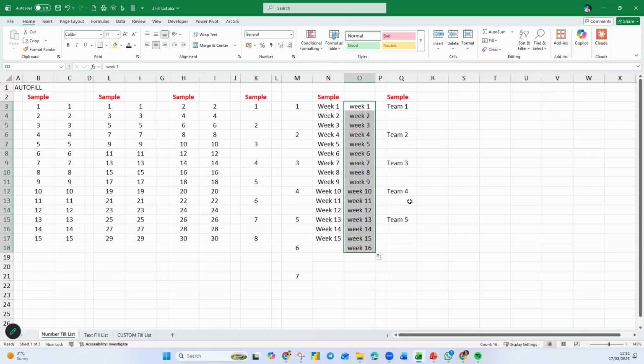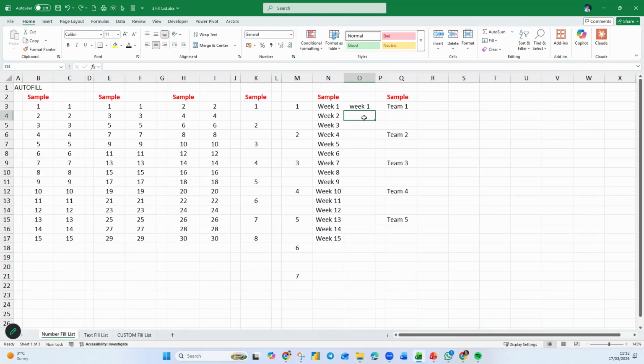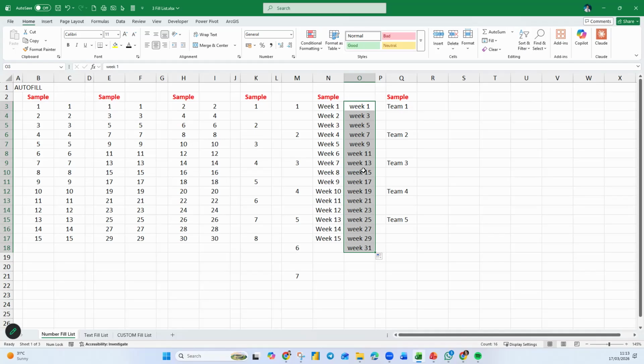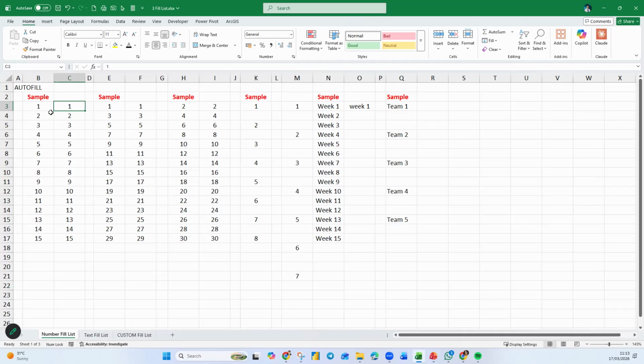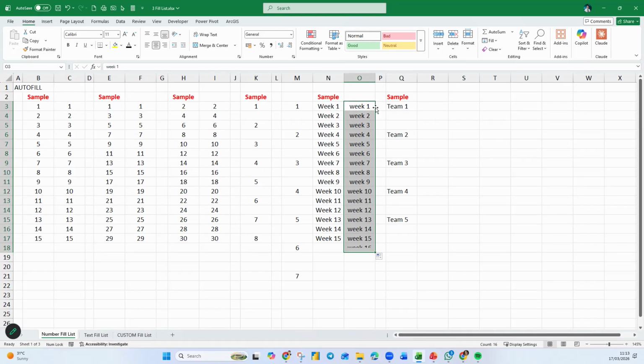So if you have alphanumeric, you don't have to type week 1, then week 2, unless it's week 3. So you want it to be an odd number, then week 3. So now you have to highlight them, you copy down. So it will be an odd number because you want to jump the number. If you want it to be in sequential, you just have to type 1 will do. Unlike this, if you type 1, it won't work, right? But here, because it has the alpha, therefore you just double click. Anyway, don't try to memorize all this stuff. Try now. If cannot, then you do otherwise.